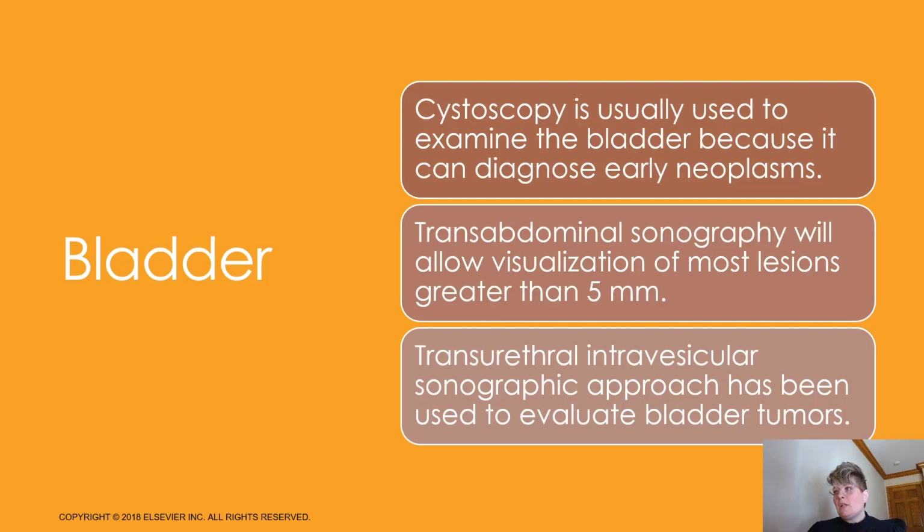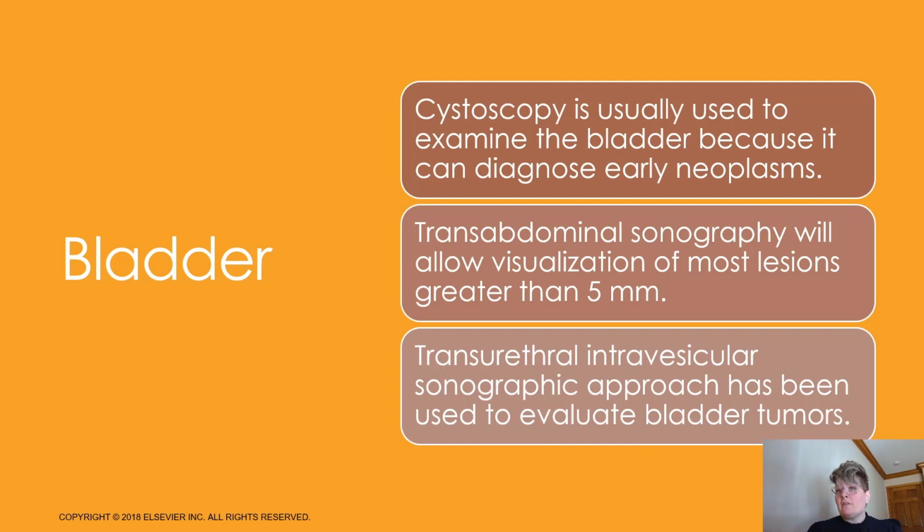Because we're not very good at seeing all the structures in the bladder, cystoscopy is actually the gold standard for looking at the bladder. During a cystoscope exam, a very, very tiny camera is put in through the urethra and then into the bladder. And then the doctor, the urologist, looks around with the camera and can physically visualize all the walls, much better at seeing any sort of lesions on the walls